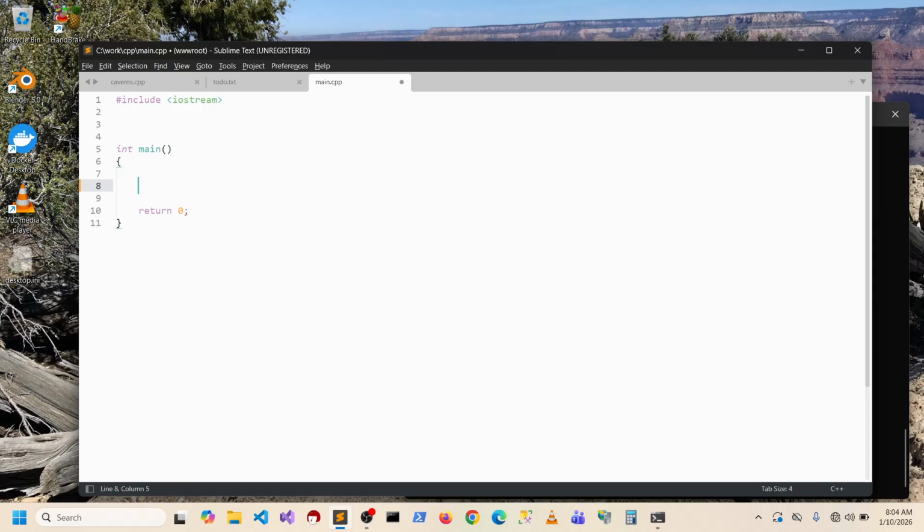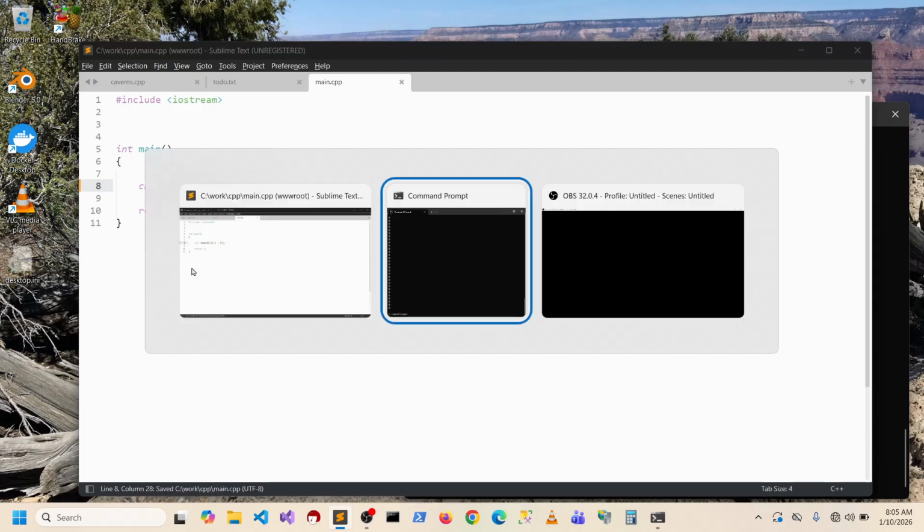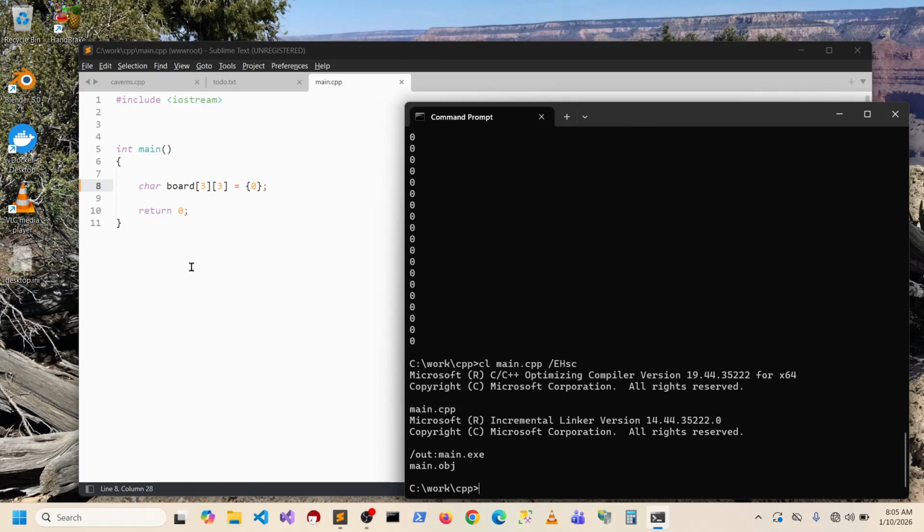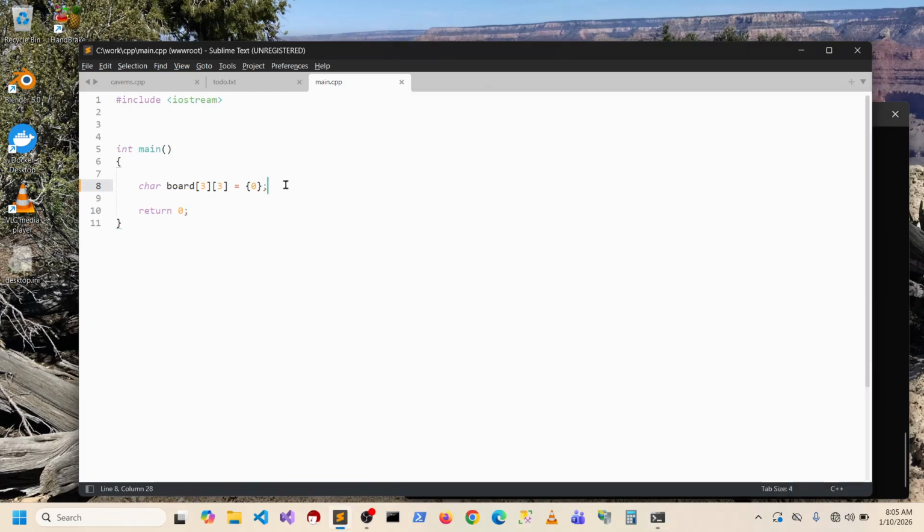Let's do a 2-dimensional array. Let's see, character. I don't know, A, or yeah. Actually, we can do a tic-tac-toe board. So let's do board. What would it be? 3 by 3. So I wonder if you can 0 that out like that. Huh. I don't even know how you do that. Can you do that? Let's check it out. I guess. Okay, cool. Those zeros. I don't know why you'd want zeros, but